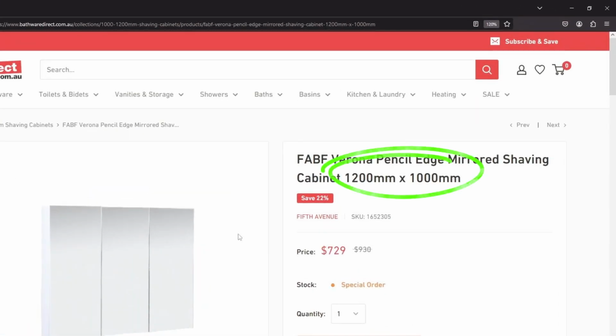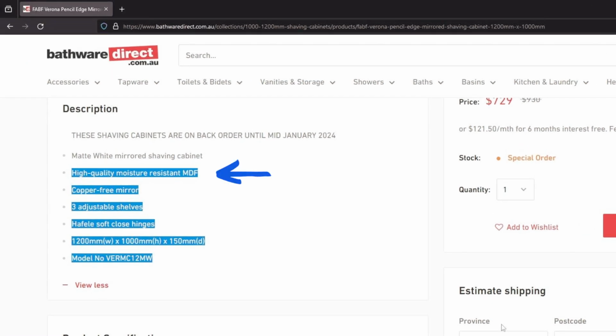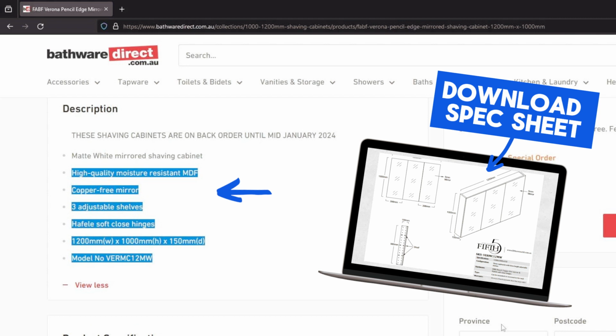Then shortlist a couple that fit within your space, suit your aesthetic preferences, and note down the product ID, the dimensions and the finishes. I'm going to select a mirrored cabinet, 1200 wide, 1 metre tall and 150 deep. I've chosen a unit made from moisture resistant MDF, which is essential in wet areas, a copper-free mirror that won't corrode. It has 3 adjustable shelves, soft closing door hinges, which is a must, and it comes with a 10-year